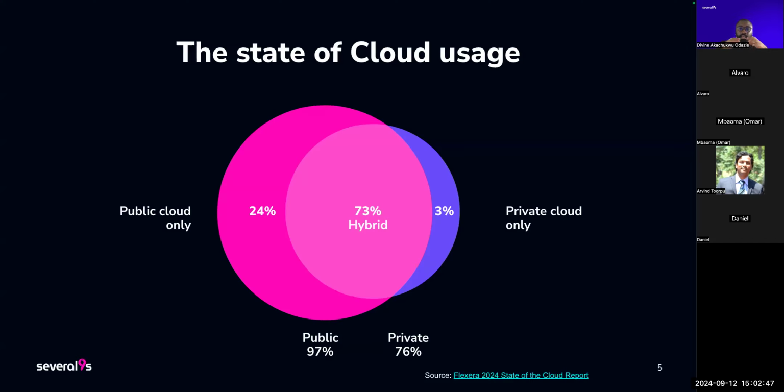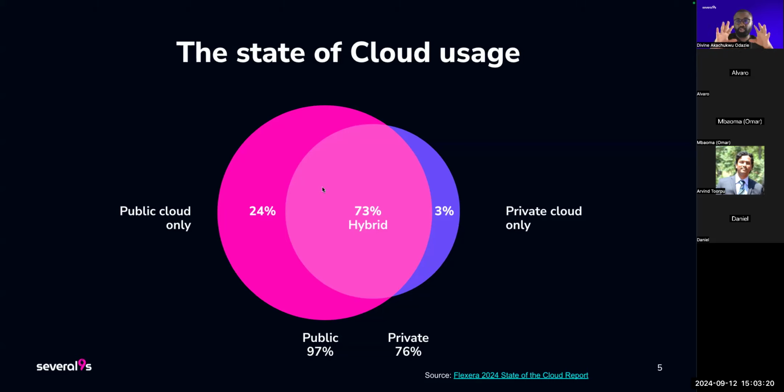This infographic is from a report by a company called Flexera on the state of cloud usage. They have been doing surveys on cloud adoption for 13 years now, and it's been interesting to compare this report over the years. There are certain trends that are very fascinating. In the early days, when the cloud came in, with all the hype and organizations moving to the cloud, the usage of public cloud was high. But then it was followed by a downward trend.